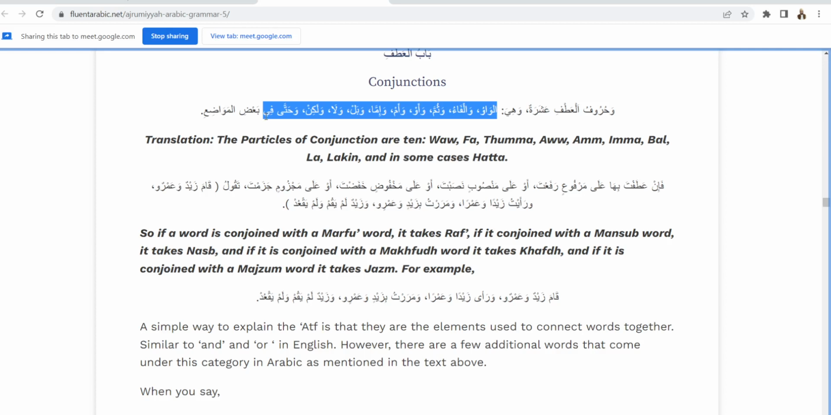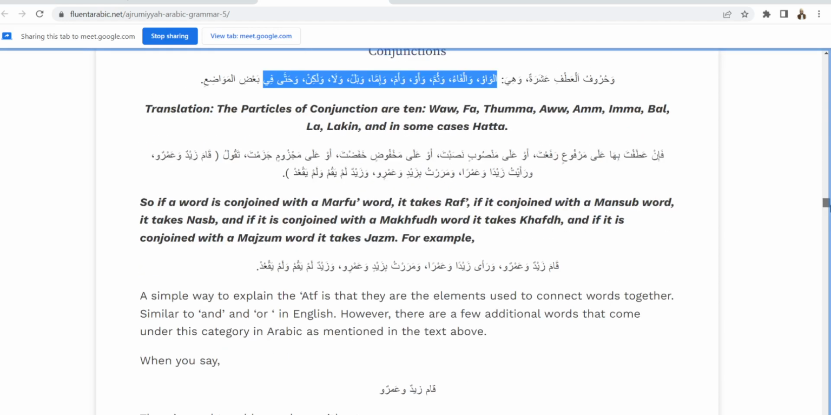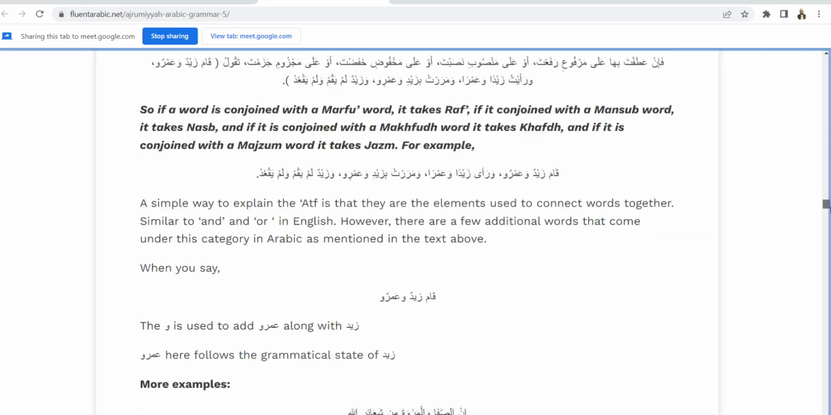Now waw it is like and. Fa it is and but it means and but immediately. Thumma it means after some time. أو or. بل really it is, and لا it is no. لكن but, and حتى until. Now he says here,